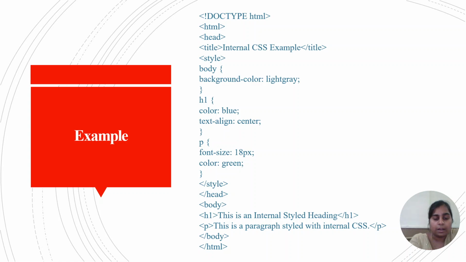So how can I apply styles to the body section? So here I am inheriting the property values and the styles from the head section to the body section. So then I can apply styles from the head section. So here I am taking the style tag in the head section, and then I am inheriting the style tag from the head section to the body section. So then the H1 tag and the P tag must be styled with the particular styles individually.